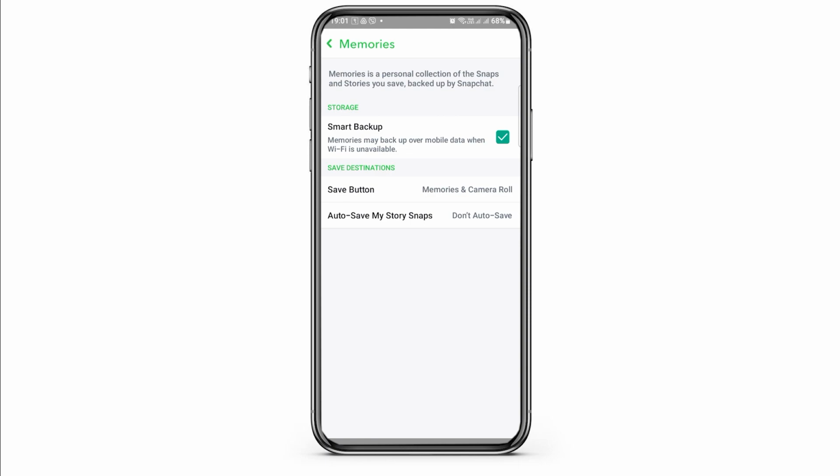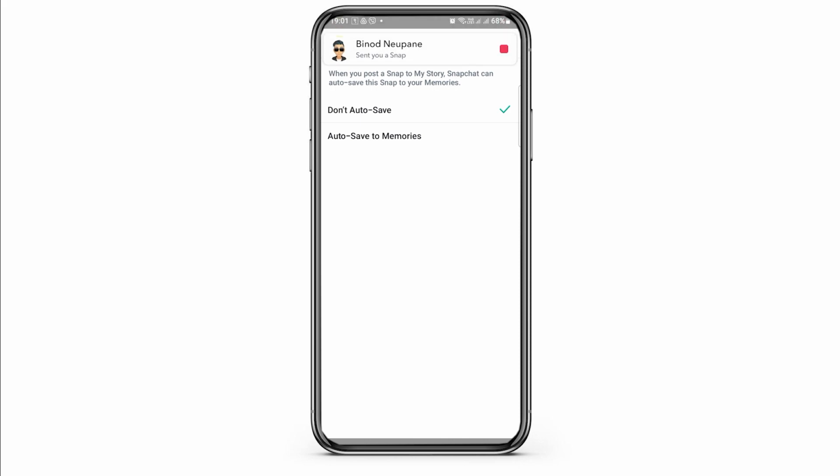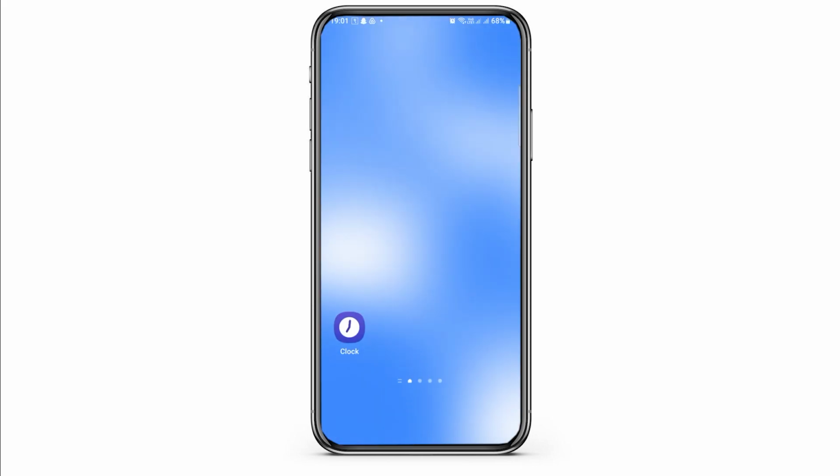After you tap on the option of memories, now you can see the option of autosave my story snaps. Now here you have to go to the option of autosave to memories and tap on it. Now after you tap on the option of autosave to memories, now all of your snaps will be automatically saved